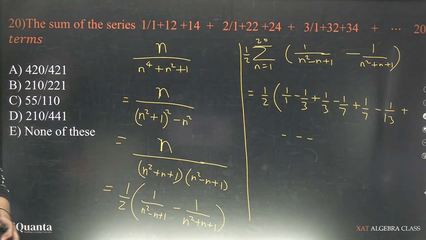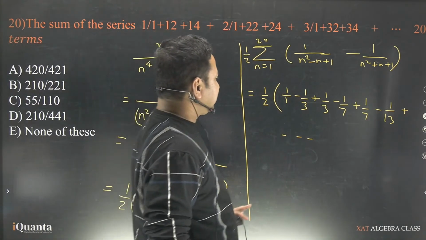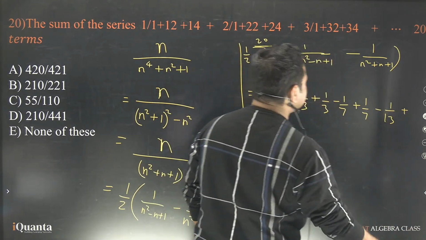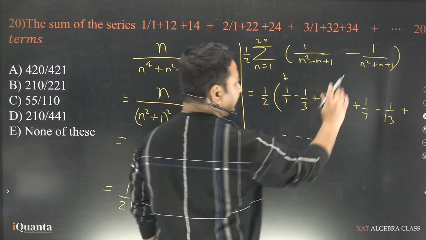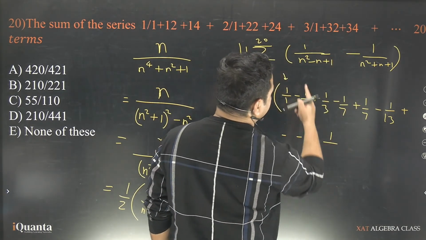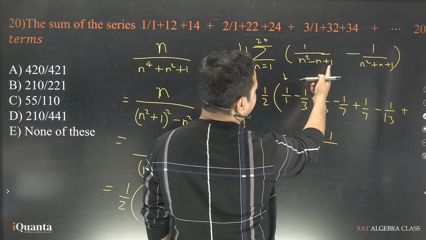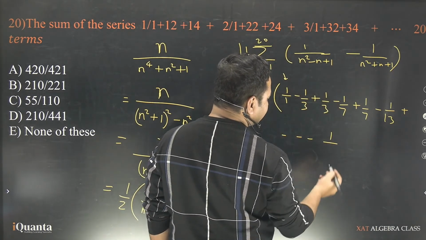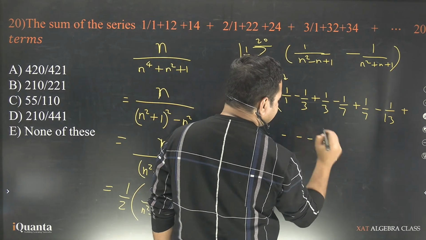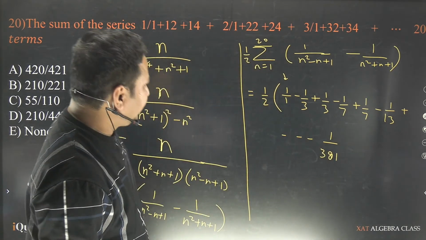This part is clear. So, as I can see, the first term will be remaining and then all the things are getting cancelled. So, what if I go to 20? 20 terms are there. So, 1 upon, if I put 20 here, 400, 401 minus 20 is how much? 381. Is that right? 381